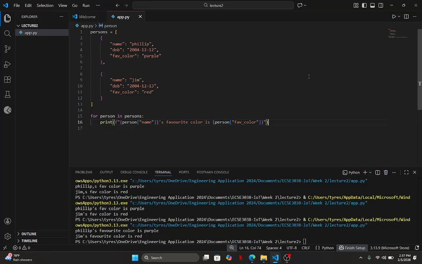F just tells it that if you see curly brackets, what's inside the curly brackets is a variable or some Python data, something other than a string, an object. Yeah. This is just an optional way of doing it. You don't have to do it this way. You can still just revert to using plus if you want to.